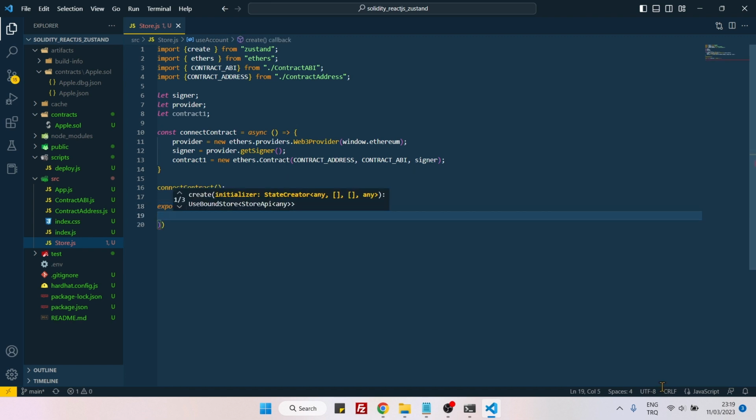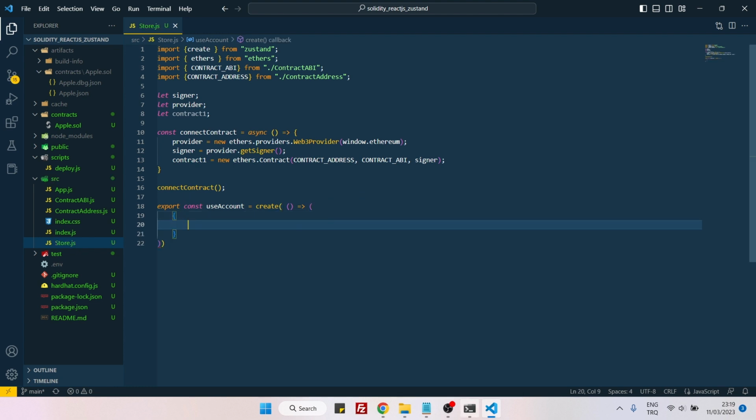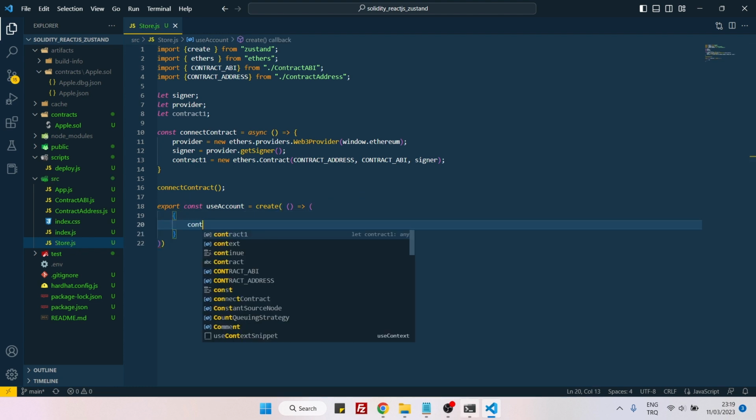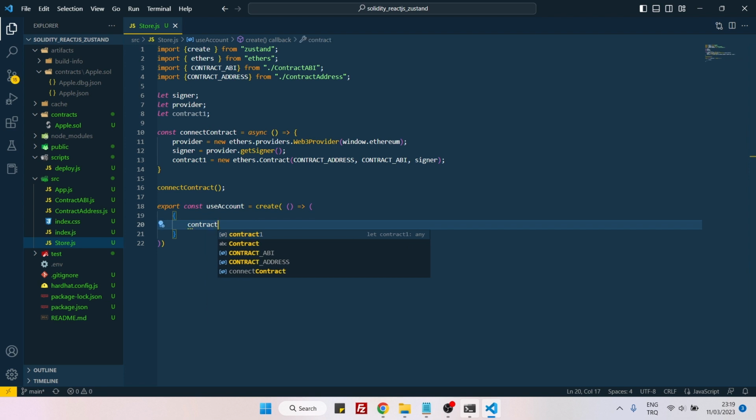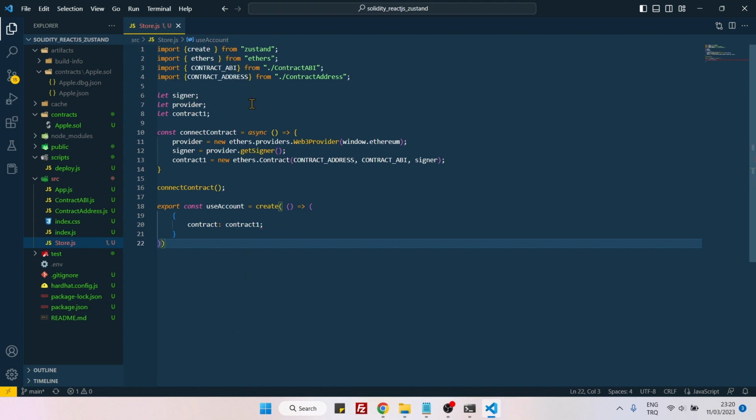Okay, and now here let's open some curly braces, and we will say contract, colon, whatever the name, and say contract 1. And now our store.js file is finished, and later we will access our contract by basically grabbing this contract object. Okay, it's so simple actually. Now we can close this